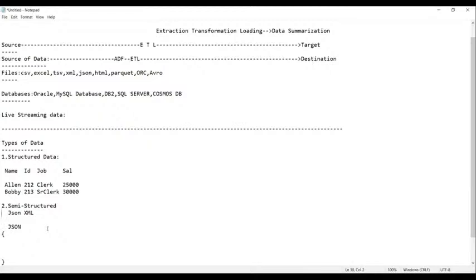Suppose the same data, if we have to write it here in the semi-structured JSON format, how do we write it? Let us see. The data will be like this. Name. And here you have the name, Alan.